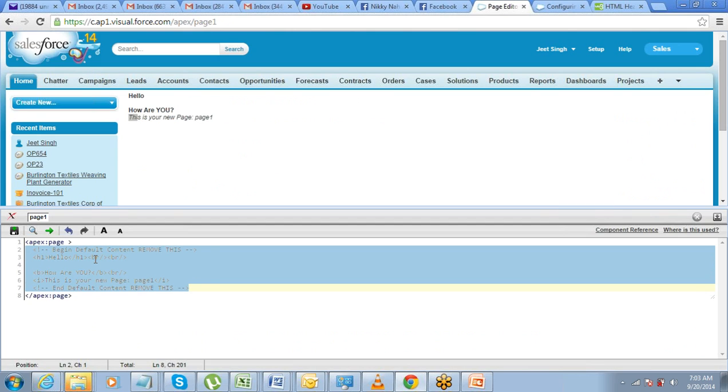So just try and design a simple Visualforce page using your HTML code, right? The moment you start understanding that part, we can actually go ahead and talk about creating Visualforce pages and the components of Visualforce pages, right? So that is something that we can easily get into then. Clear on that? Please tell me if